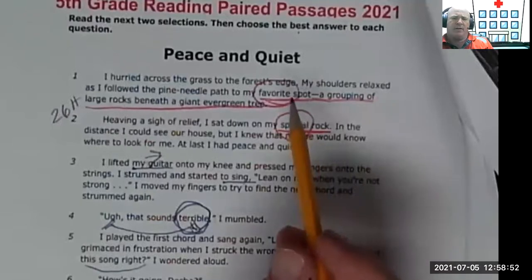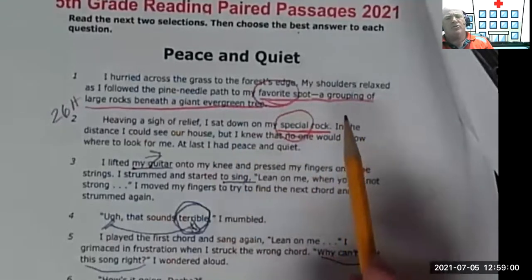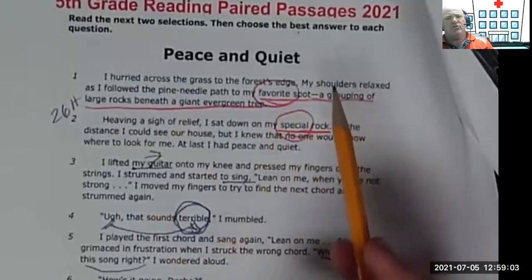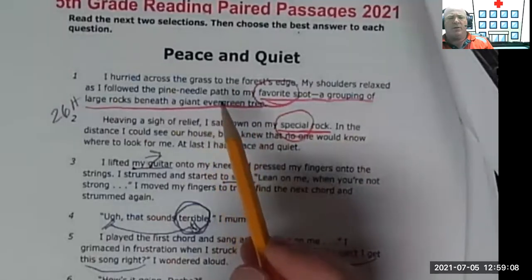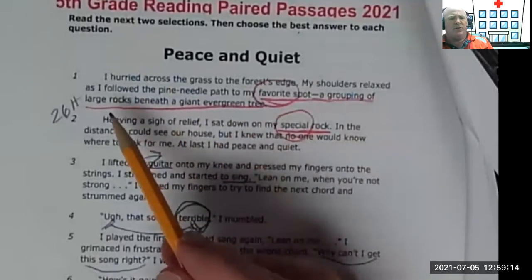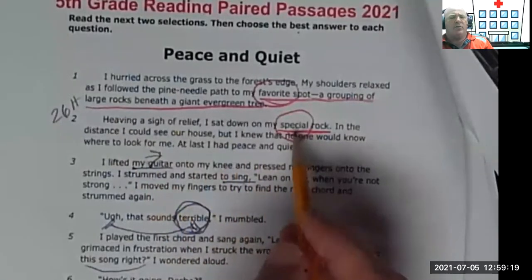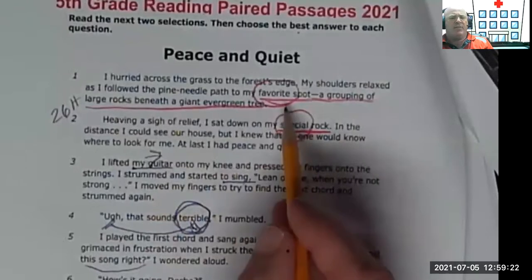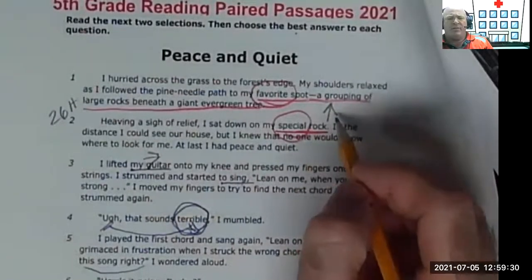of the characters have a favorite spot. The speaker loves being in the tree of her neighbor so that she can draw and be alone. The character in this story, Seisha, loves this grouping of large rocks, and "I sat down on my special rock." So, because special and favorite are positive, whenever you value something, that's a positive point of view